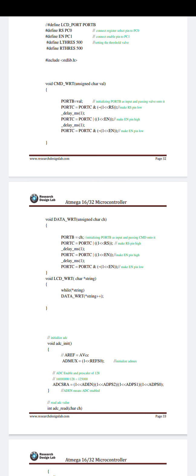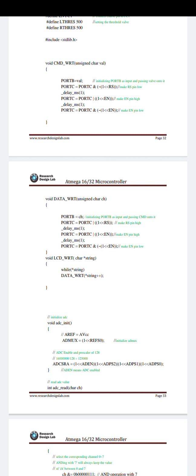A delay of 1 millisecond is used here. Then PORTC = PORTC | (1<<EN), that means the enable pin is high. Also add a delay here. Then PORTC = PORTC & ~(1<<EN), that means the enable pin is low.